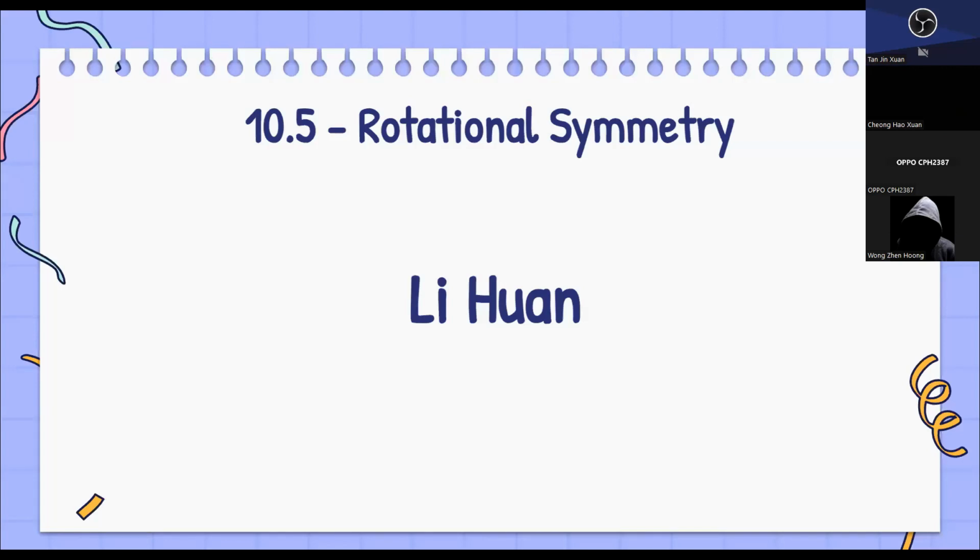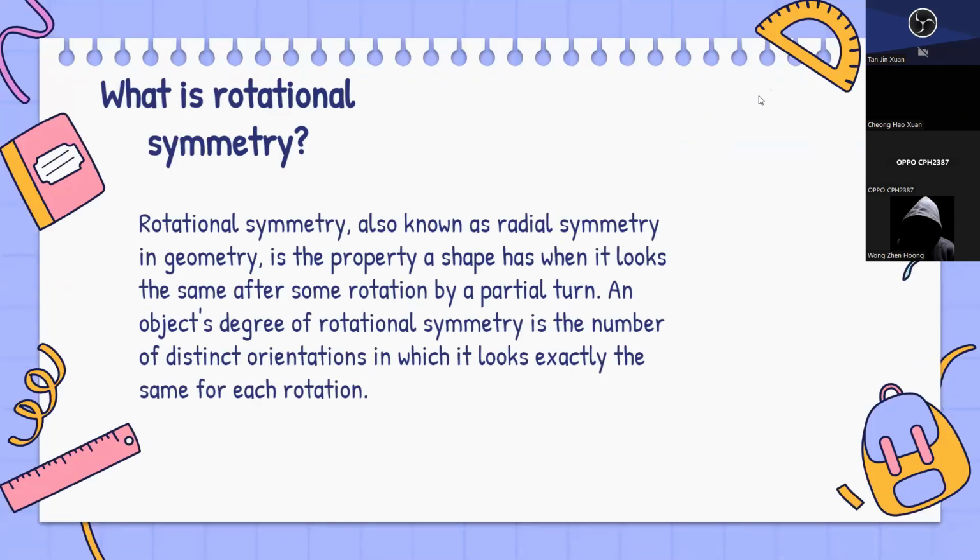Now, I shall talk about rotational symmetry next. It is known as radial symmetry in geometry. The property of a shape, hence, when it looks the same after some rotation by a partial turn, an object's degree of rotational symmetry is the number of distinct orientations in which it looks exactly the same for each rotation. Next,